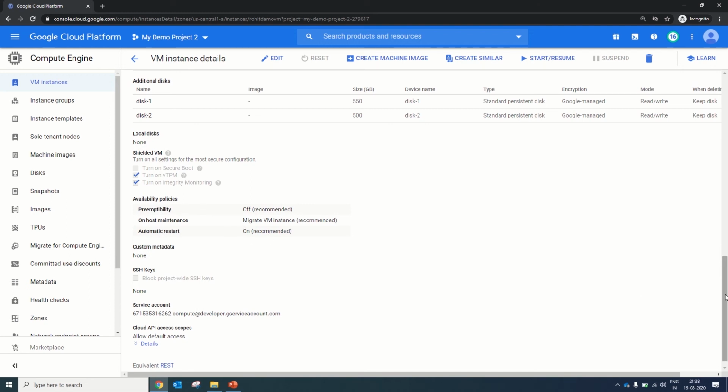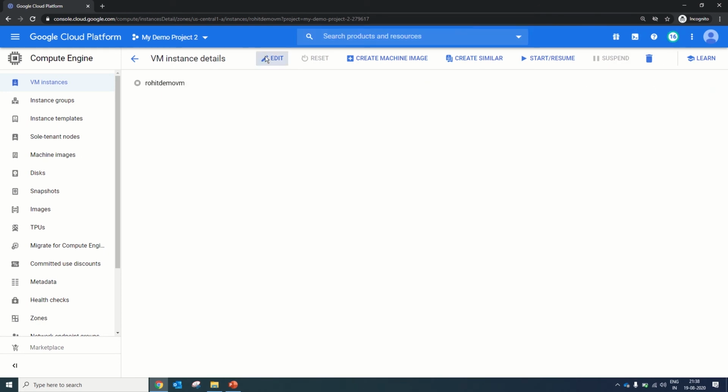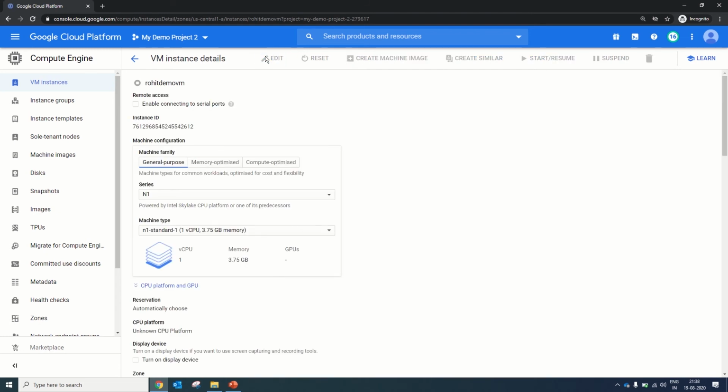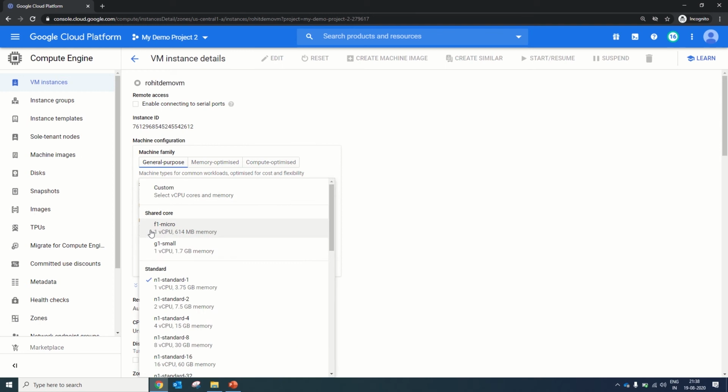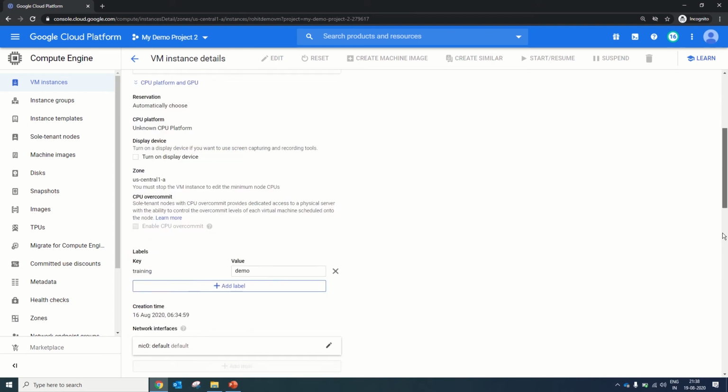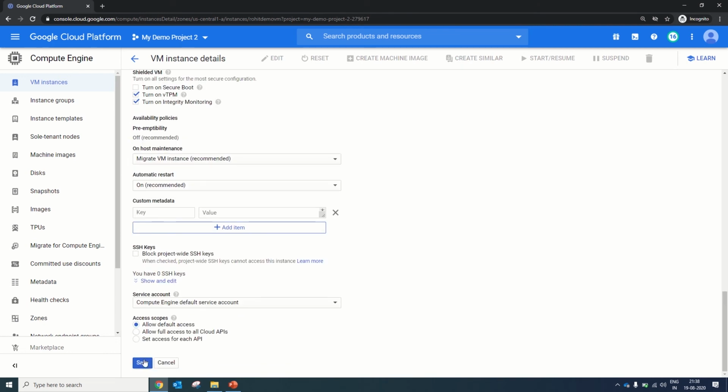The details are available. To make any modification in these details, you need to click on Edit, and the possible details are editable now. For this session, we will be changing the machine type. To change the machine type, you will get an option similar to what you get at the time of machine creation. From here, you can select the machine type from general purpose, memory optimized or compute optimized machines. Let's change the machine type from N1 1 CPU to 2 CPU. Now you just need to click on Save. You will get the Save option at the bottom of the page.